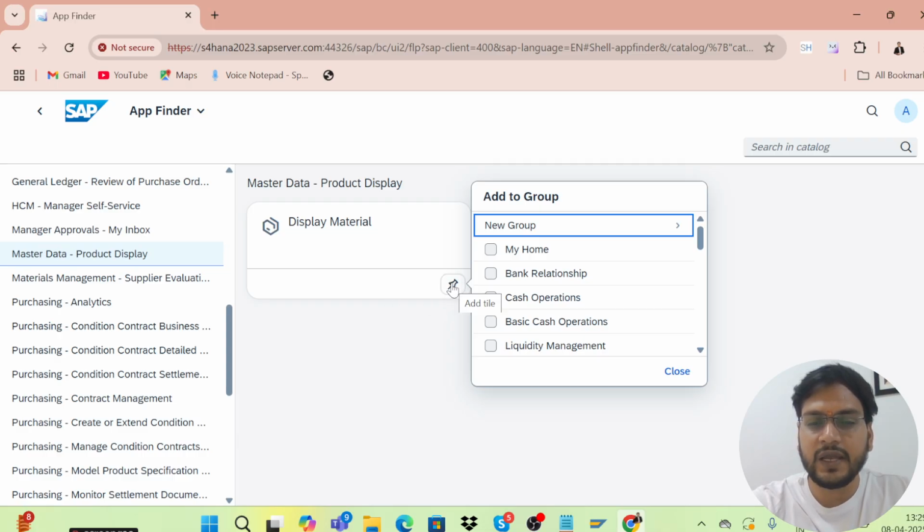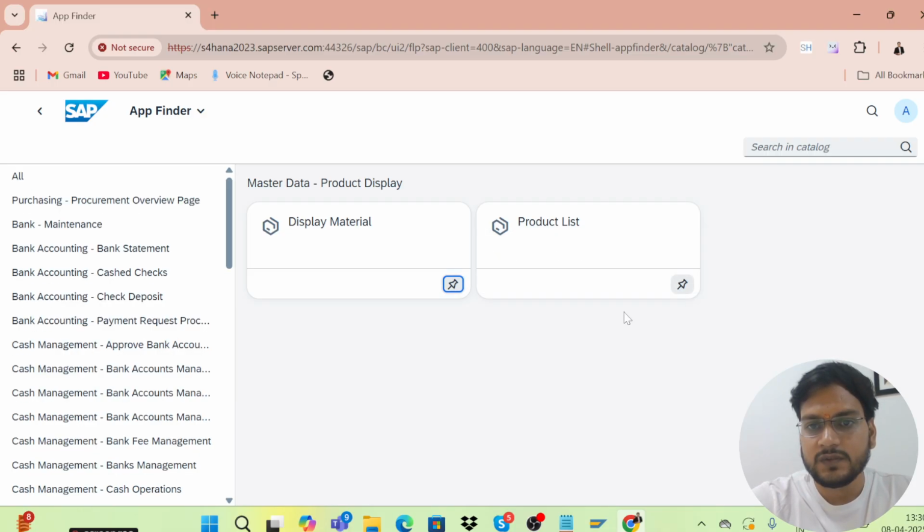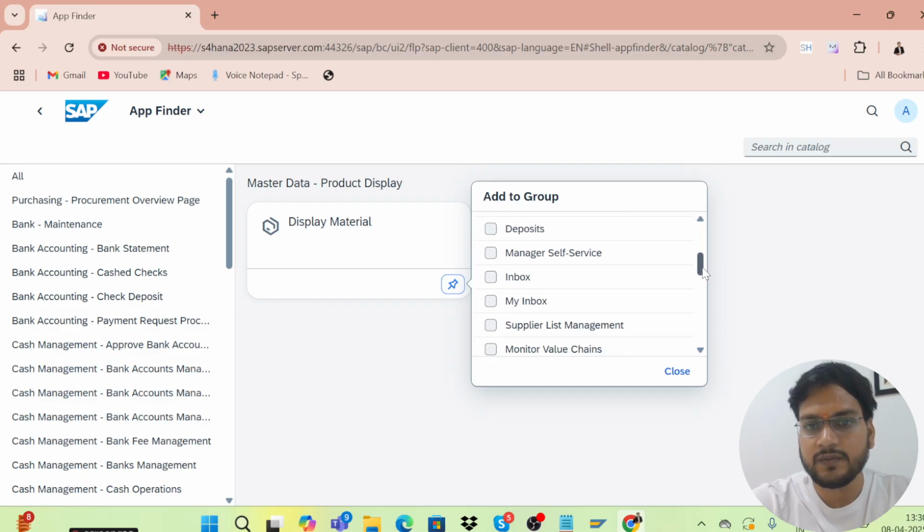From here you can pin, you can add tiles to your home screen. Let's suppose I want to create a new group like SAP MM, or SAP MM end user. You can create it, and you can pin that to this group.